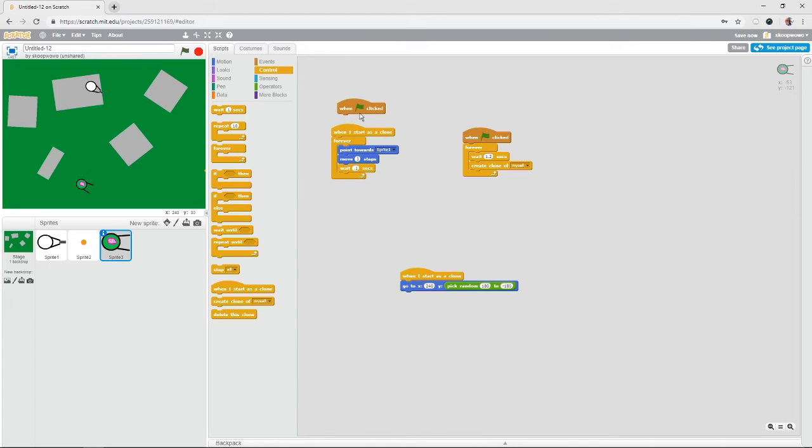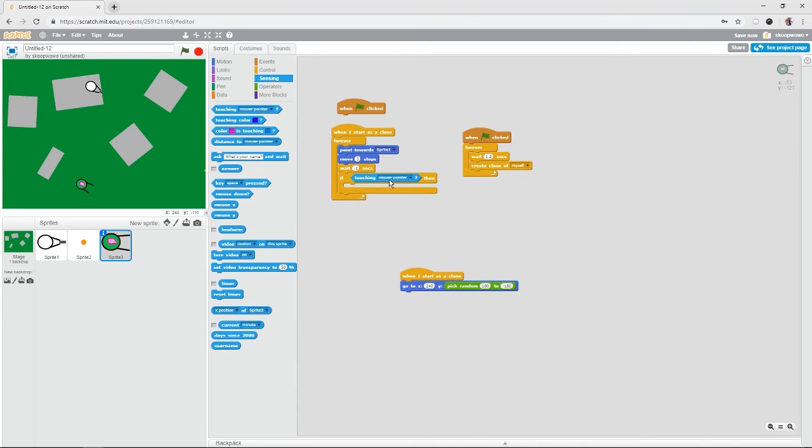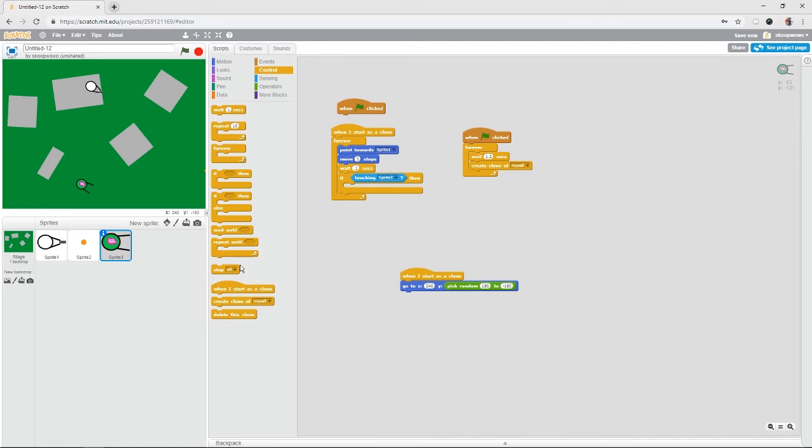And you also want to make, when I start as a clone, in this forever, you want to add an if, and make the if touching sprite 2, then delete this clone. Now this is what it should look like. Now you can shoot the zombies, move around, rotate, and there's one. Now if you want the zombies to have lives,